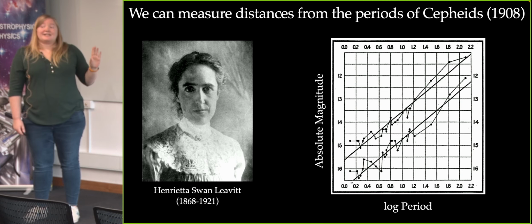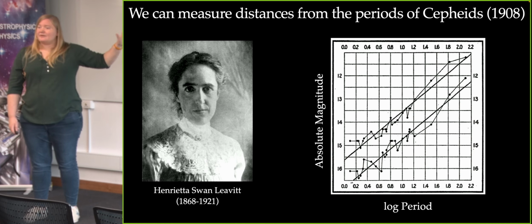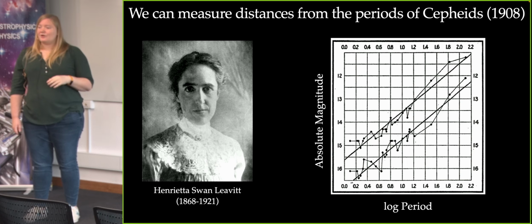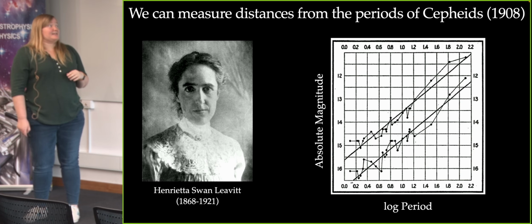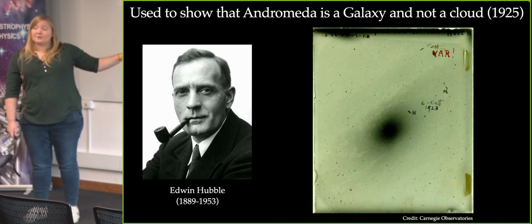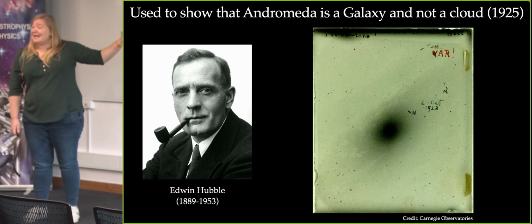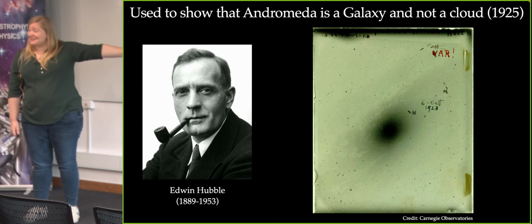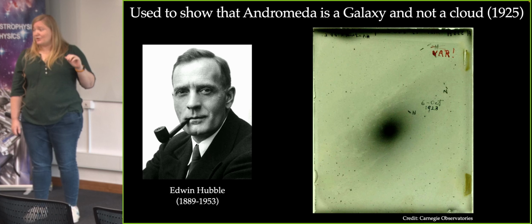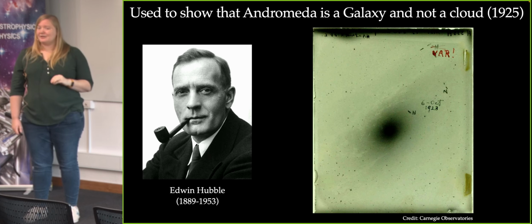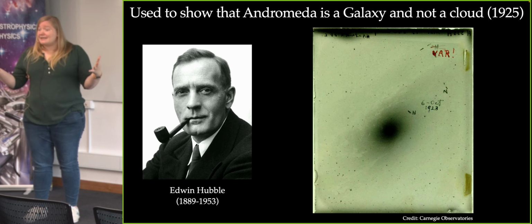And so it was realized that we can use this kind of distance scale to measure distances to objects that are very, very far away. And this was actually used later by Edwin Hubble to show that the Andromeda Nebula was not just a nebula inside the Milky Way, but actually a galaxy in its own right, and much further away than was initially thought. So at the time, the great debate was happening,